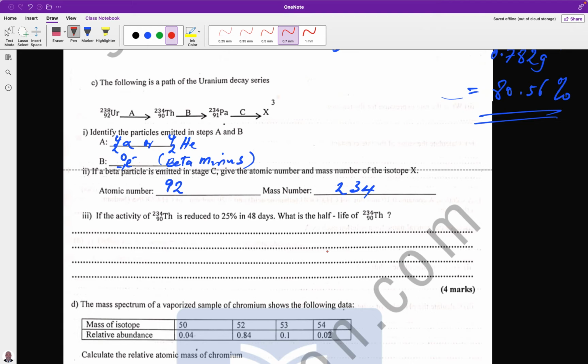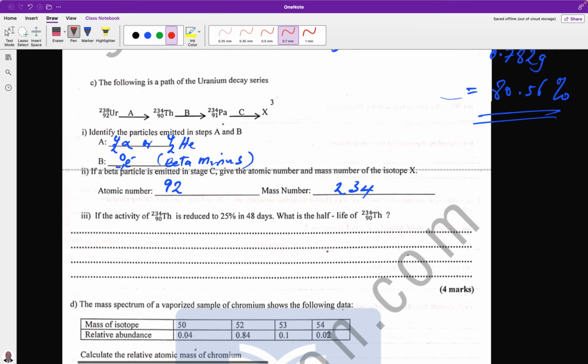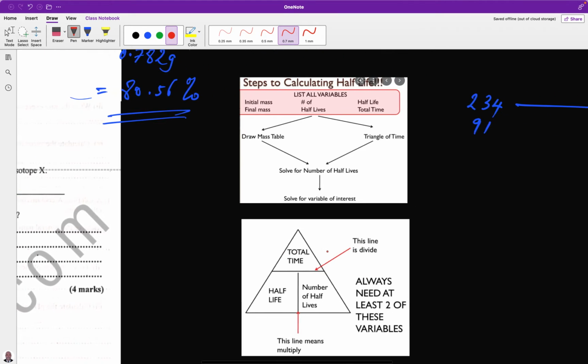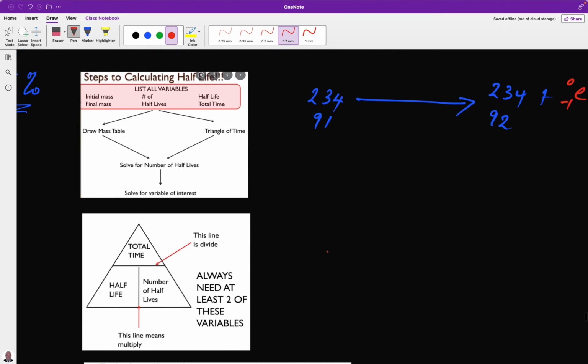Okay, if the activity of this element is reduced to 25% in 48 days, what is the half-life? What is the half-life of the element? There's one thing you have to do with this. In this step number 1 in this thing is that